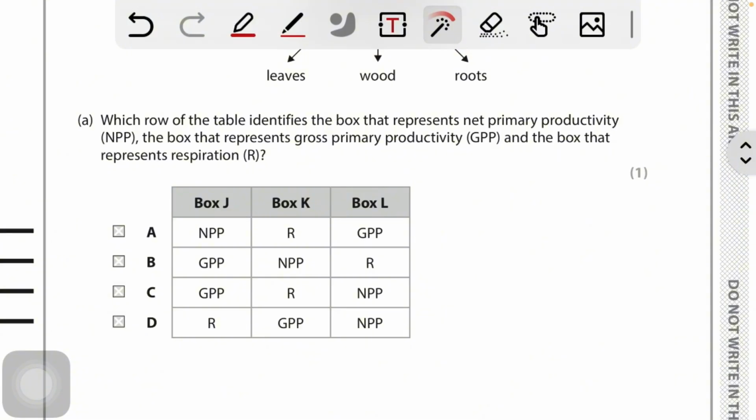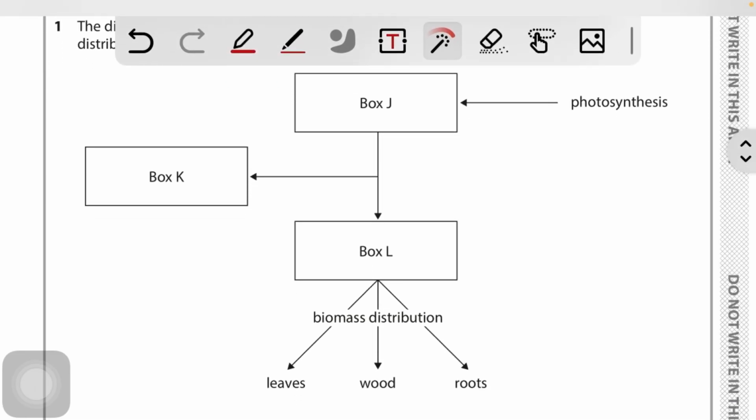Which row of the table identifies the box that represents net primary productivity NPP and the box that represents gross primary productivity and the box that represents respiration R? So make sure